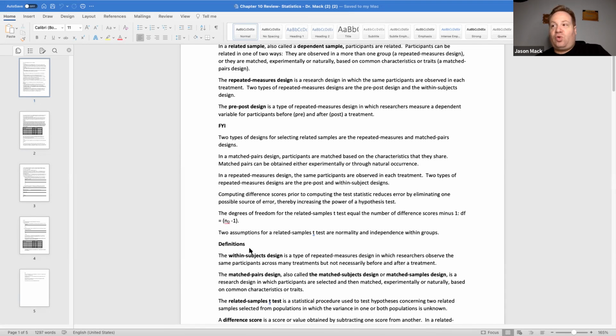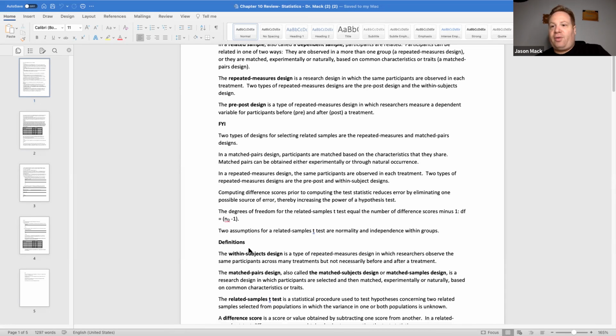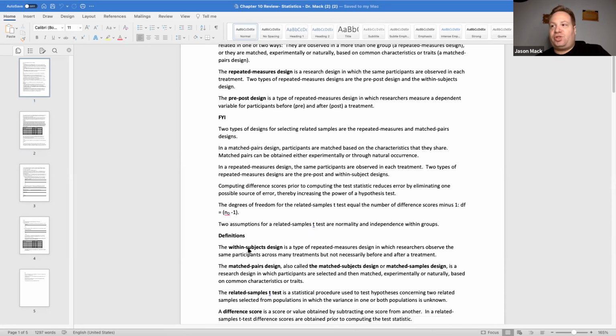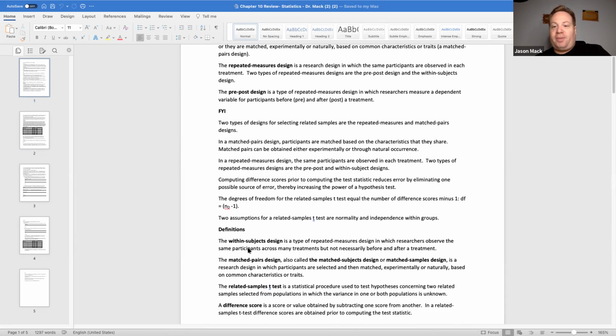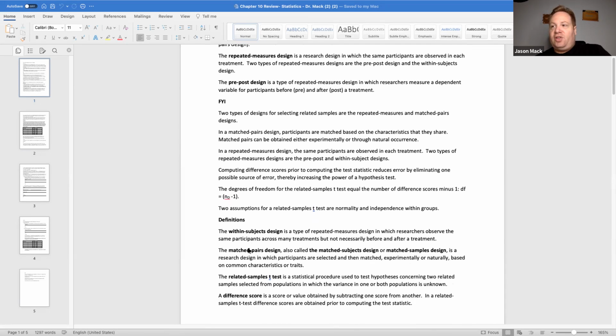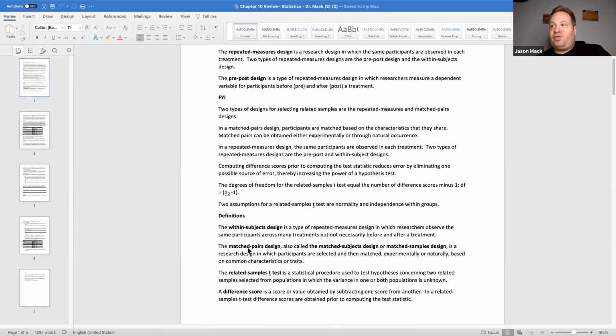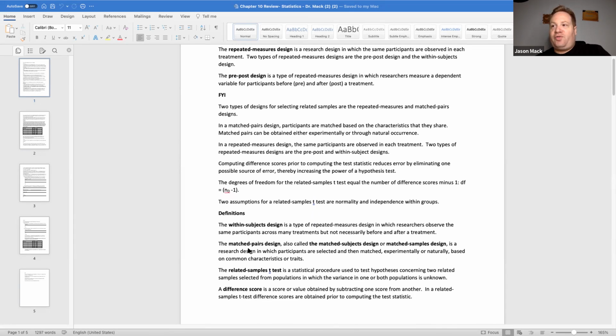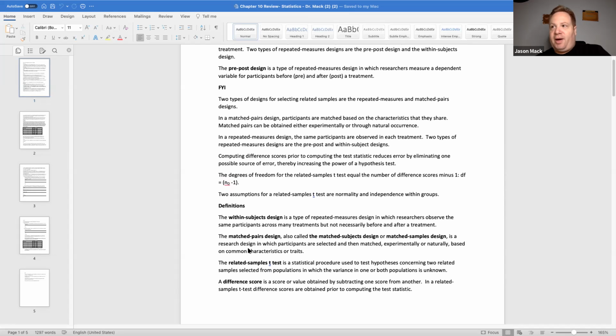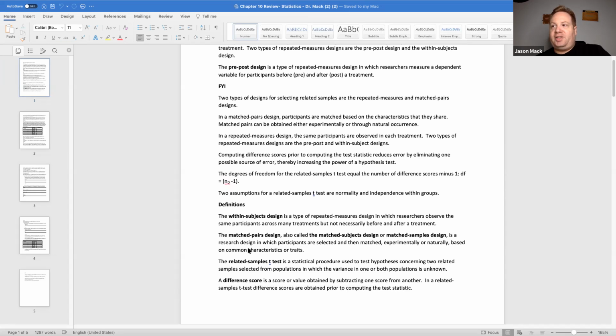Computing difference scores prior to computing the test statistic reduces the error by eliminating one possible source of error, thereby increasing the power of a hypothesis test. The degrees of freedom for the related samples t-test equal the number of difference scores minus 1, degrees of freedom, d minus 1. Two assumptions for related samples t-test are normality, and when I say normality, I mean normality